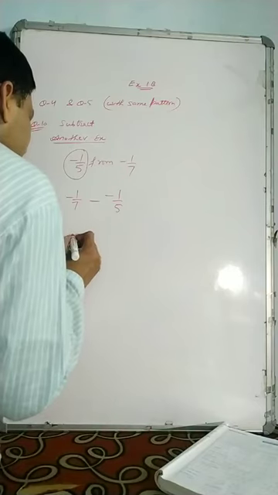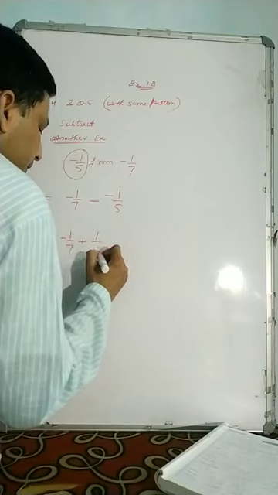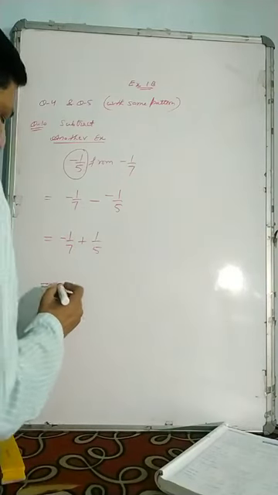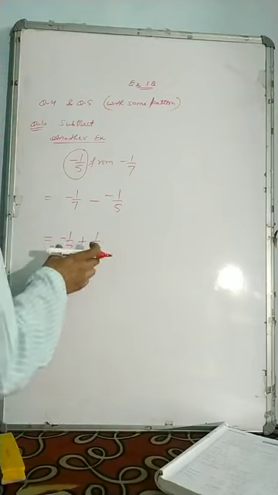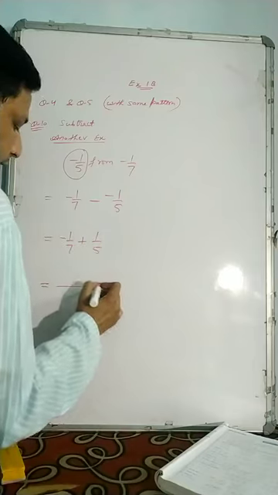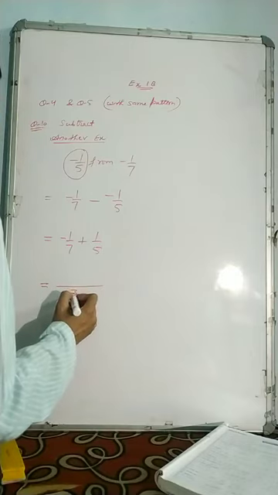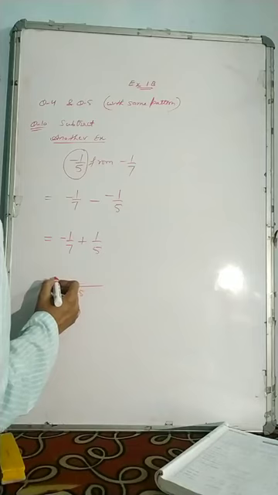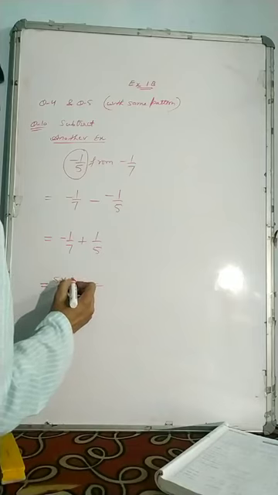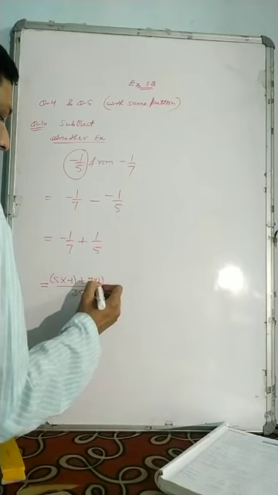So in the next step we will write minus 1 upon 7 minus plus 1 upon 5. Now from here you can see there are two different denominators, so you will convert them into a common denominator by using the LCM, that is 35. In the table of 7 it will come 5 times, so 5 into minus 1, and take the bracket, plus, in 5 the 7 into 1.